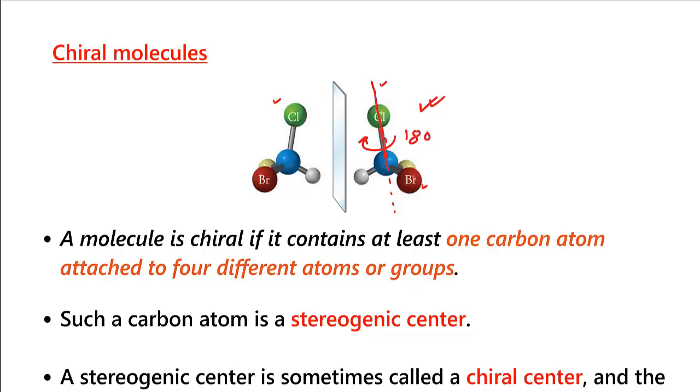So if you rotate this about 180 degrees, what will you have? You will have this green one, and this is chlorine. So chlorine will be here, and this will come to this side. This bromine, where will this bromine go? Now this bromine is in front, so this will go back. So this bromine will go to the back side. And this yellow one, let's say this is hydrogen, this is hydrogen, and the yellow one is fluorine.